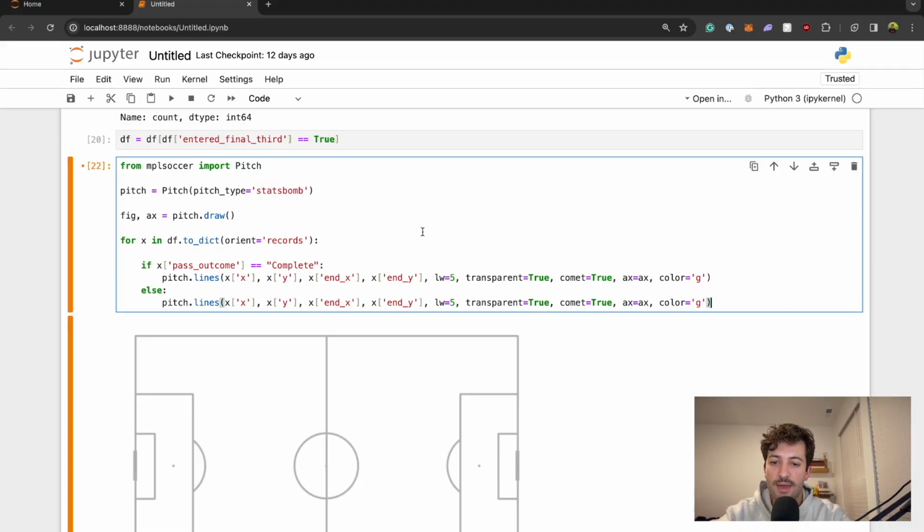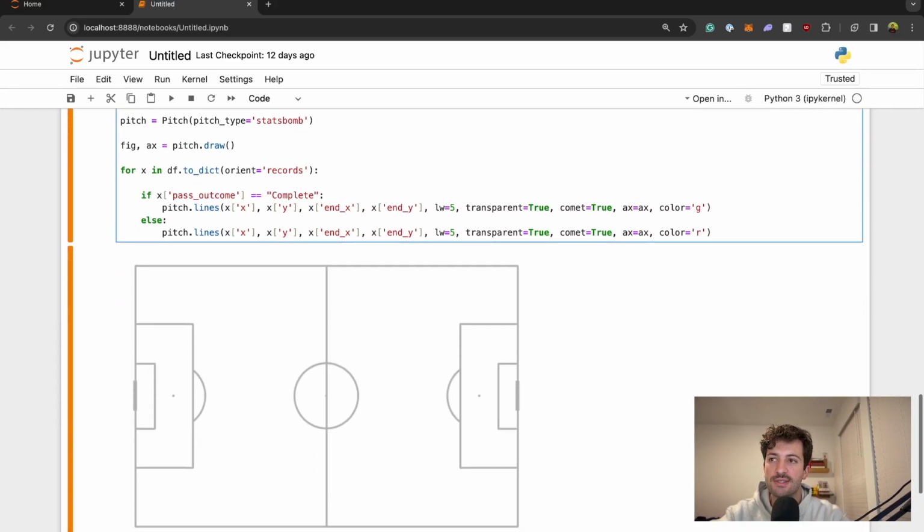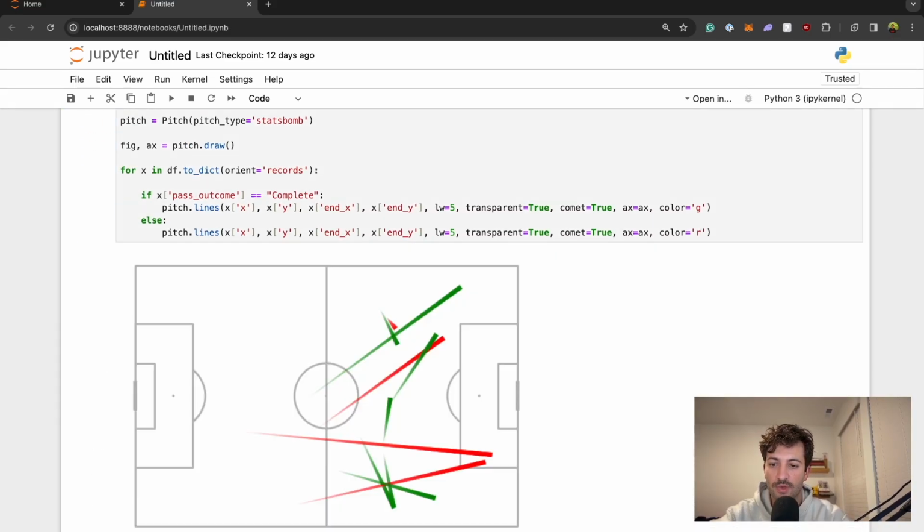And then just paste that back in and just switch the color from green to red, like that. So let's go ahead and plot this and see what it actually looks like. Okay, so those are all the passes. The green ones were the successful ones, and the red ones were the